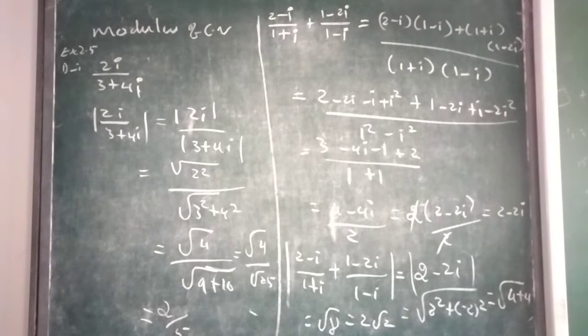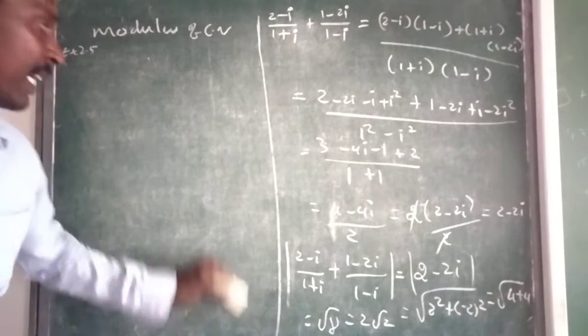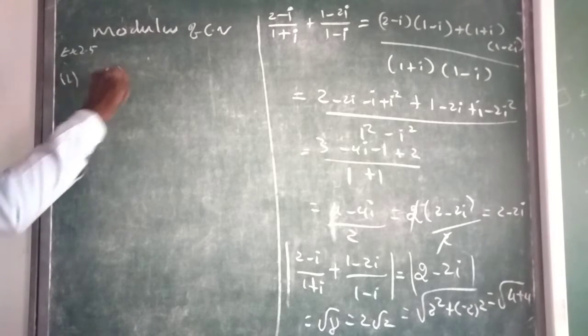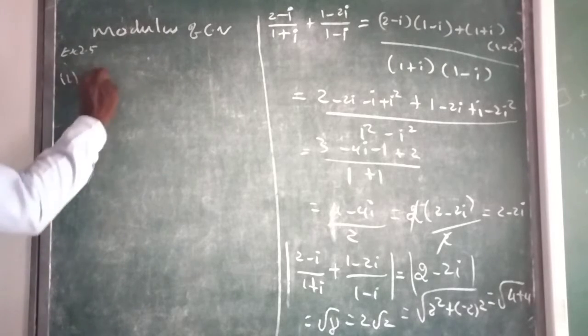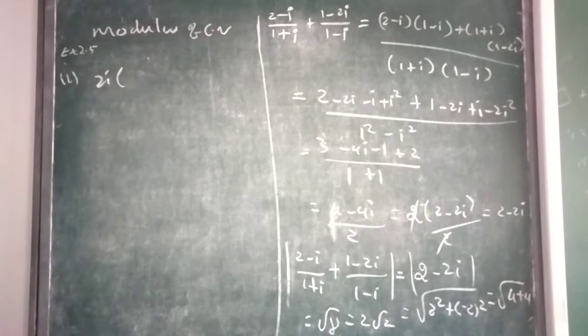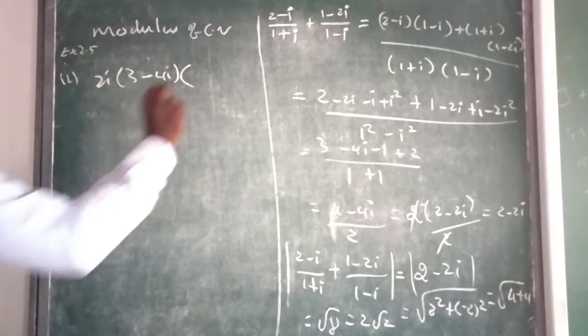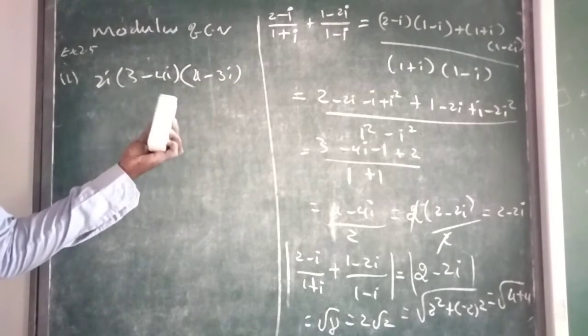Okay. Suppose now the sum of 2 or 3 terms is given. Sum of 3 terms or multiples of 3 terms. For a sum of 3 terms, we can add, bring it to rectangular form, then take the modulus. When multiplied, it's not like that. For example, suppose they give 3i into 2i minus 3i, so 3 minus 4i into 4 minus 3i.